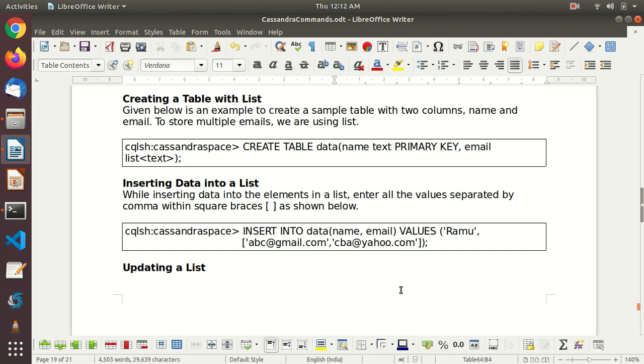Let's say I want to create a table. Let's say I want to use this list collection data type. For that, let's say we have an email ID column which is going to hold more than one email ID. For that, we should specify the data type as list of text, because it's going to save text. If it is going to take more than one integer, we set it as list of integer. Let's create this table